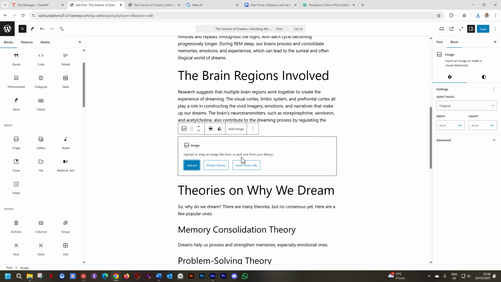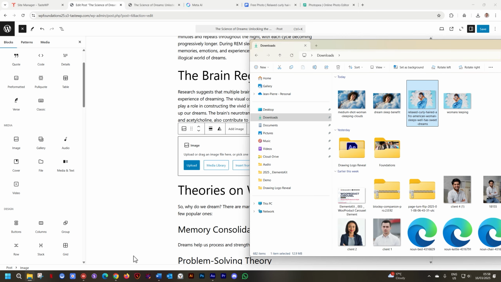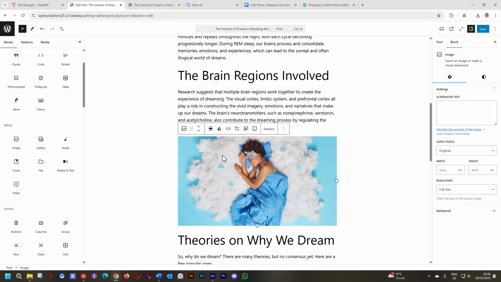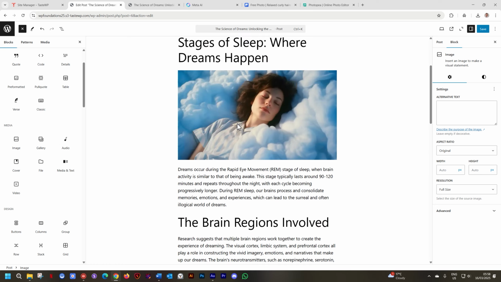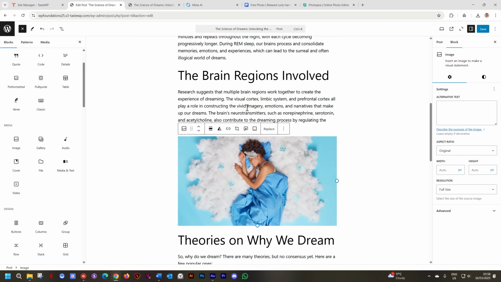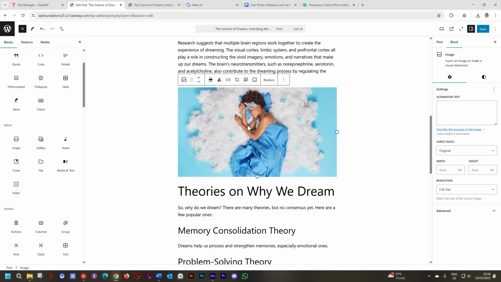This time, it comes in empty, and it says you can upload an image, you can go to the media library, or you can insert it from a URL. Again, we're going to do it the simple way. I'll go to my Explorer, click, hold, and drag it, and there's the image. But you have to admit, the one we did at the beginning, I didn't even have to go through those steps. I just brought it in very easily.